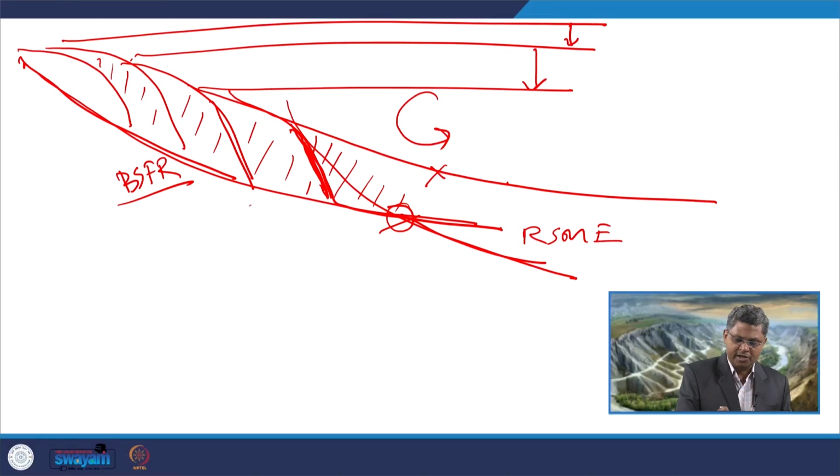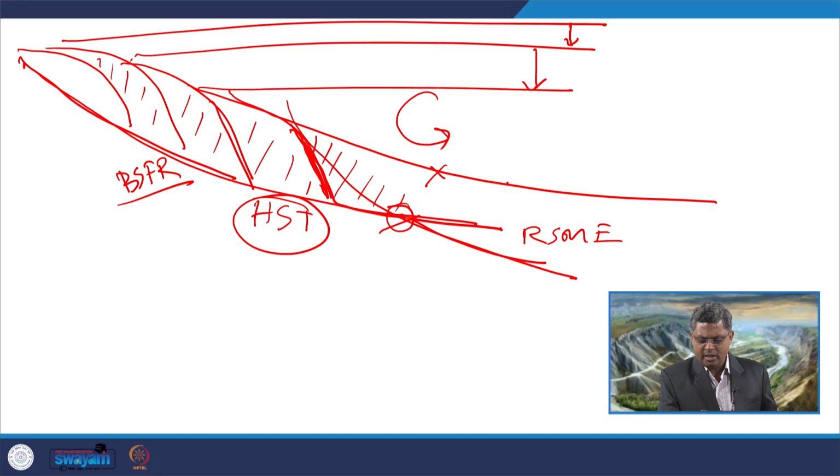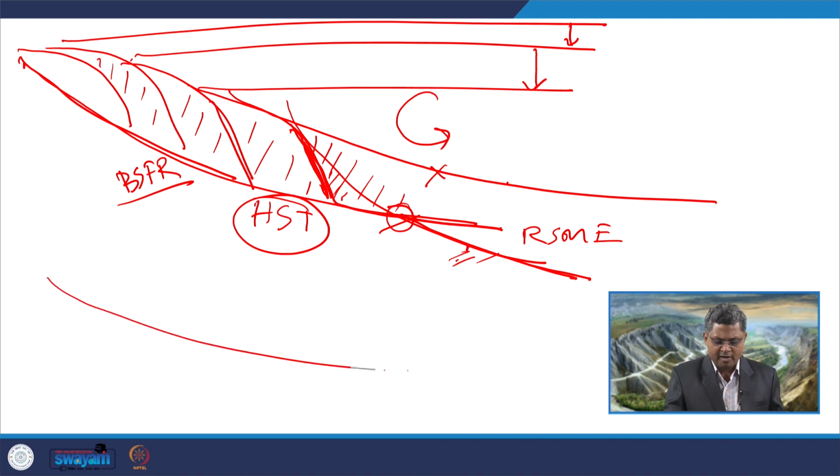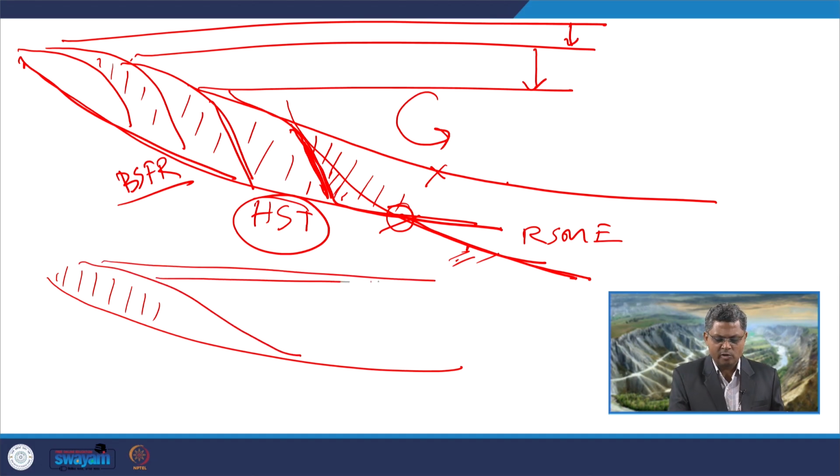So, in this kind of condition, when we are starting from here, the underlying part is always the HST part. But when we are getting erosion like this, in this case, this HST may even be eroded partially. For example, over here, when we are getting a deposition like this, or maybe we are getting a profile where the wave equilibrium profile, say this is the falling stage deposits that have formed, and then we are getting a new wave equilibrium profile which is eroding like this.